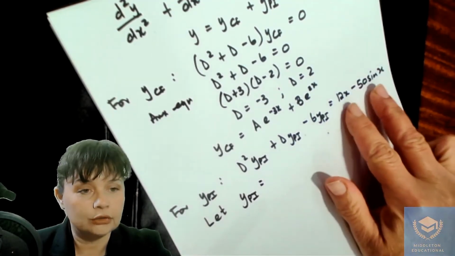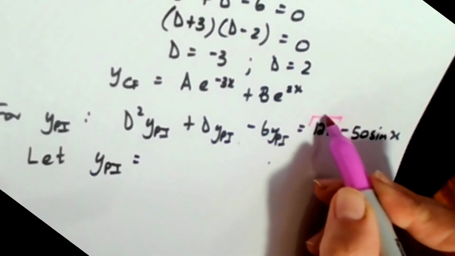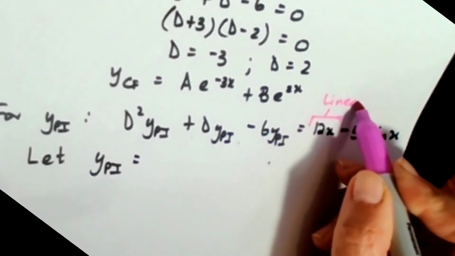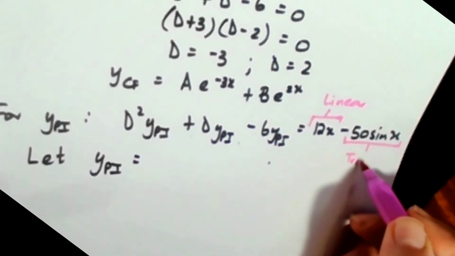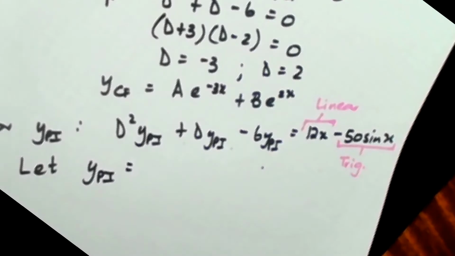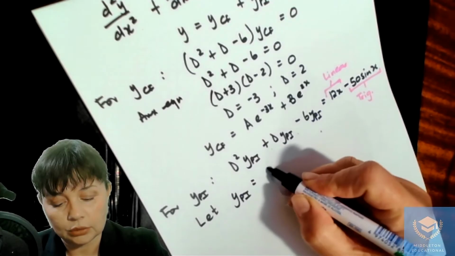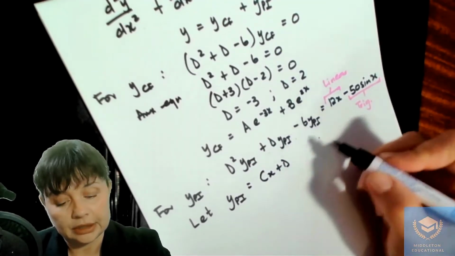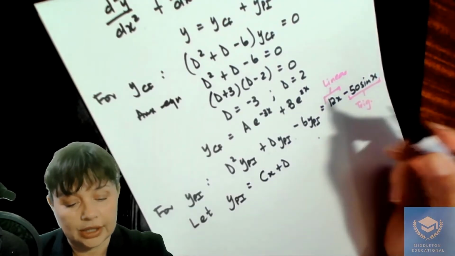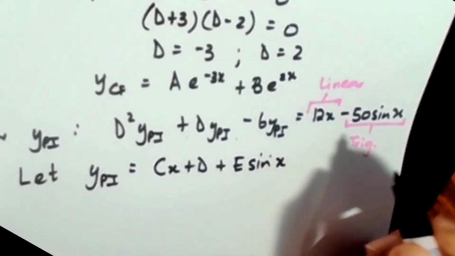Now, if you see here, you've got two terms in this function, and this function is made up of the first term, which is linear, and the second term, which is trigonometric, which means your trial function has to be made up of the same thing. So your linear one will be cx plus d. Your trig one is going to be made up of sine as well as cosine. So plus e sine x